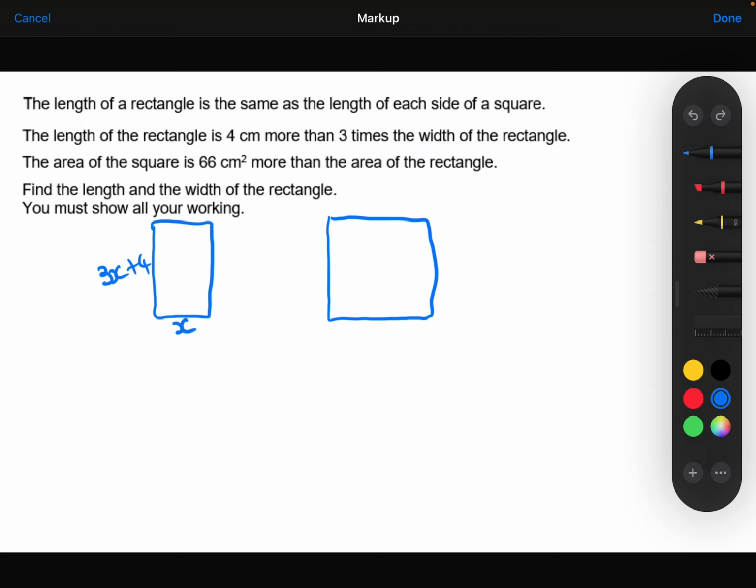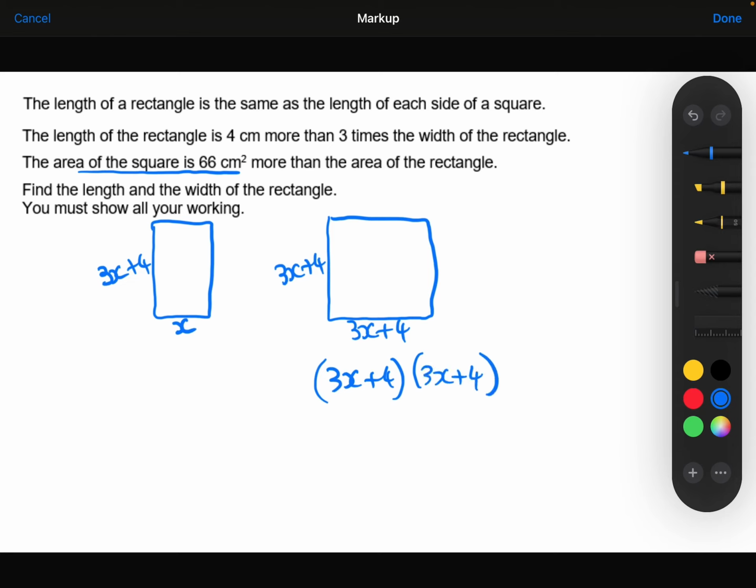Now remember that the square had the same side length as the length of the rectangle. So that means each of these is also going to be 3x plus 4. And now I'm told that the area of the square is 66 centimetres squared more than the area of the rectangle. So the area of the square would be 3x plus 4 times 3x plus 4,